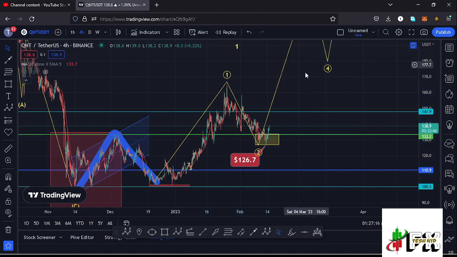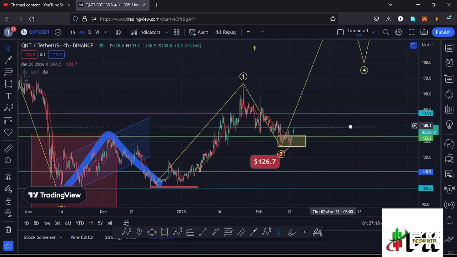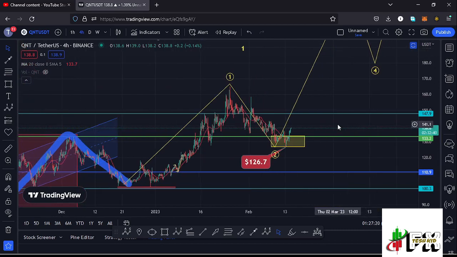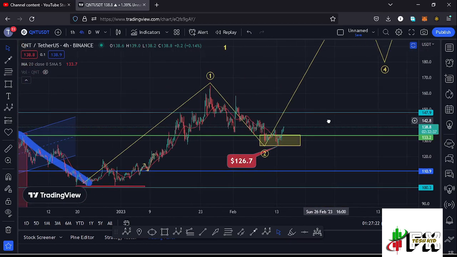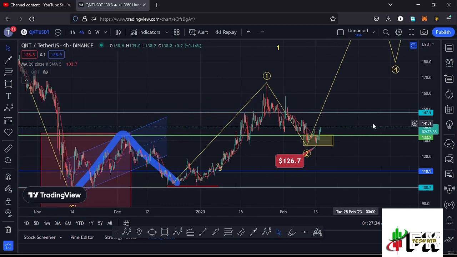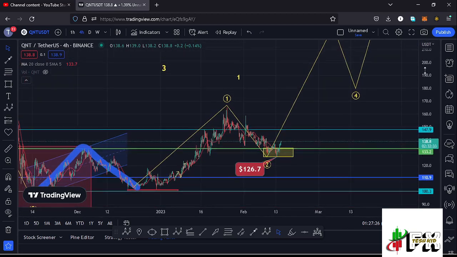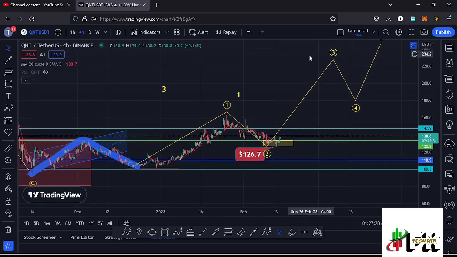And since we have managed to get above the 20-day MA, also managed to break above the key area of resistance at around the $133.2 mark, then there are chances that whatever we are seeing at the moment could be the start of this bounce to the upside in the formation of this wave 3, and sketching out a minimum target area to the upside in the formation of that wave 3 by connecting the trend-based Fibonacci from the low